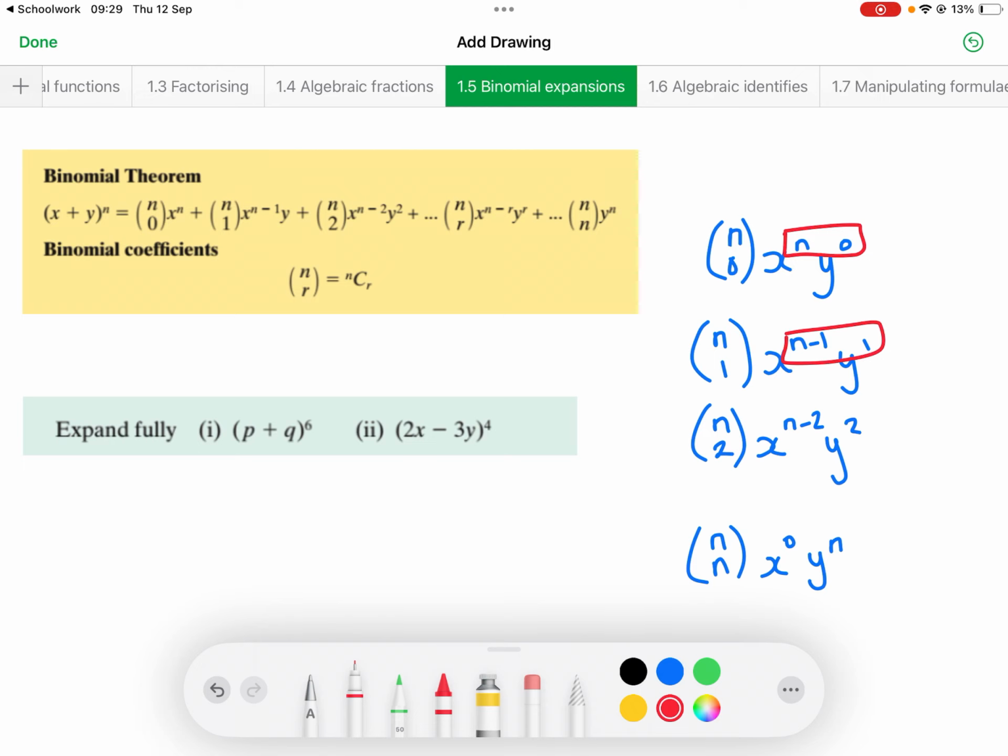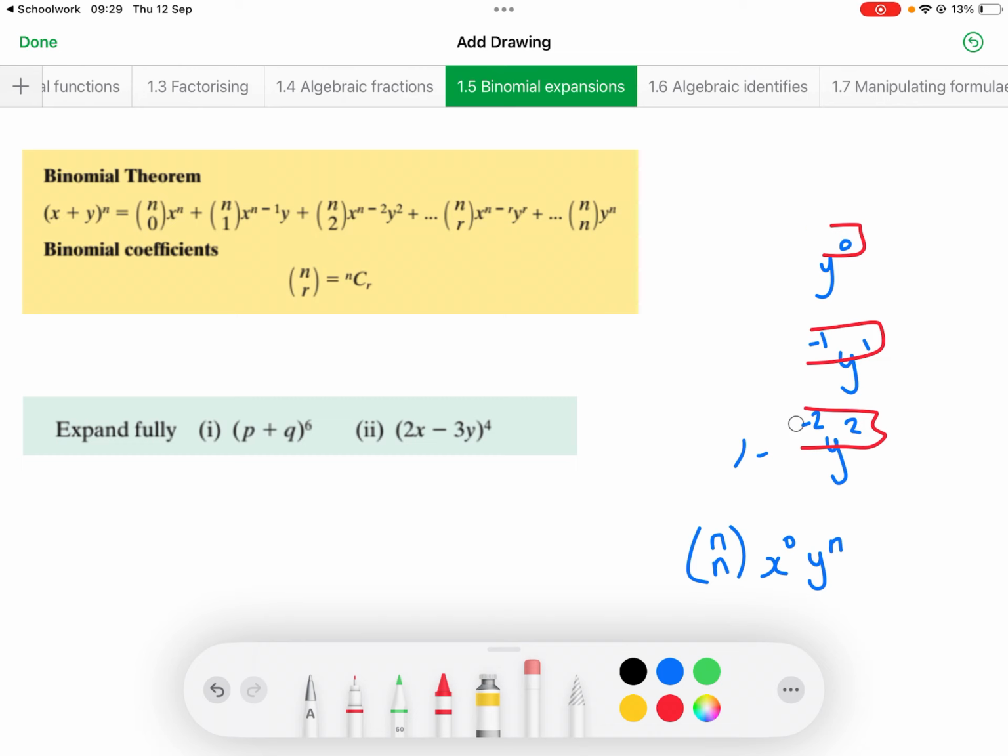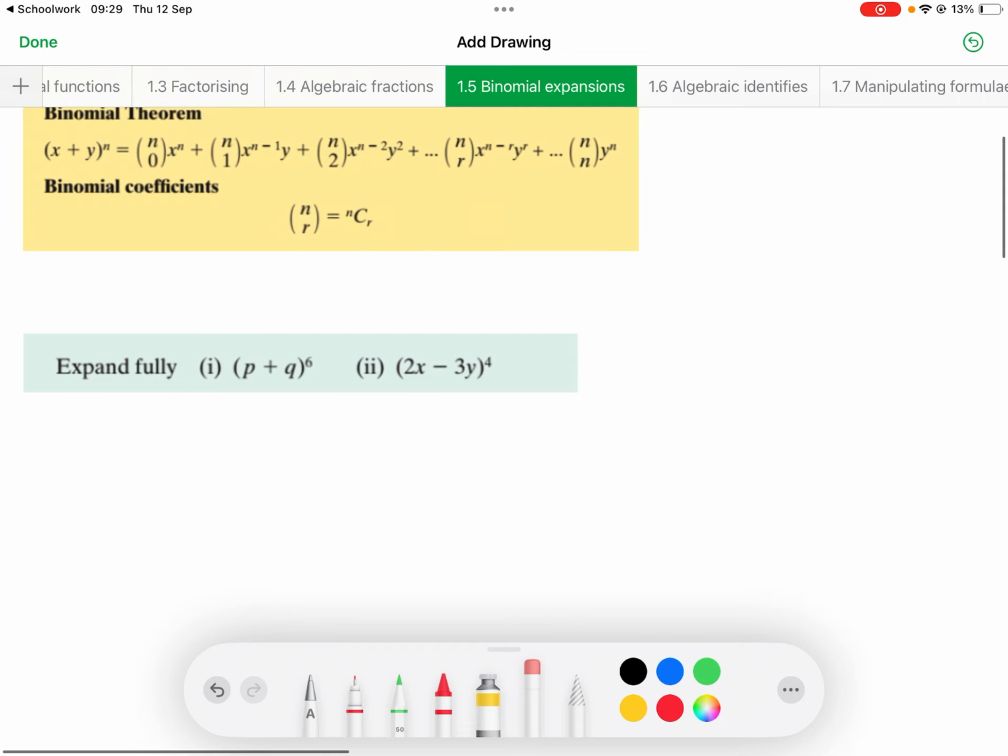N minus 1 plus 1 is n. N minus 2 plus 2 is n. So they should always add up to whatever your original power was. It will make more sense when I do out the actual examples now in a second. So,